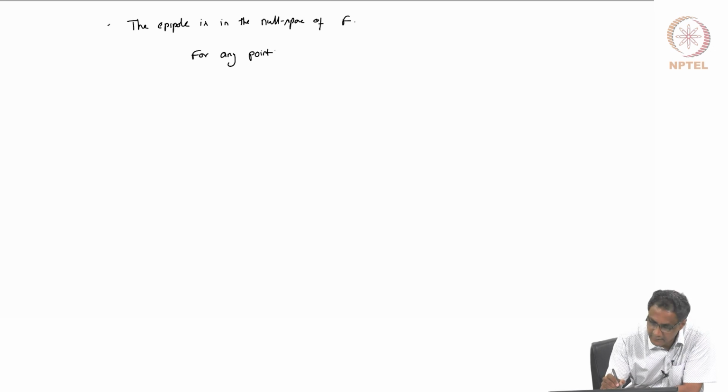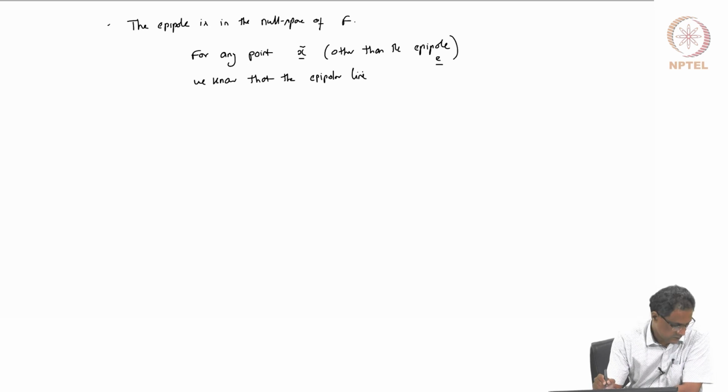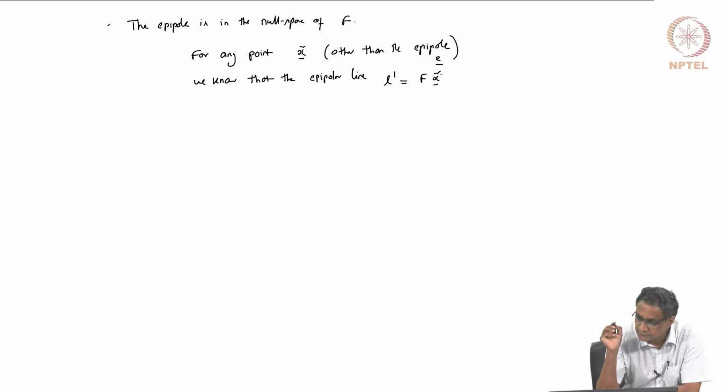For any point x tilde other than this epipole, that means in the left image plane, if you take any point other than this epipole E, we know that the epipolar line L dash is equal to F x tilde, and this is fine. And we also know, for any point x tilde other than the epipole,